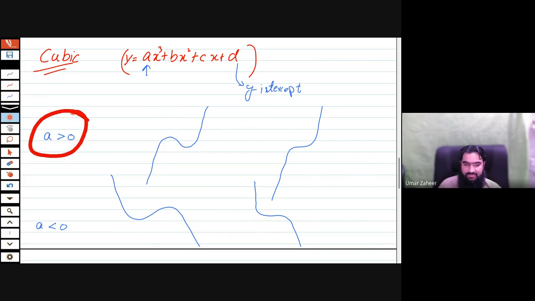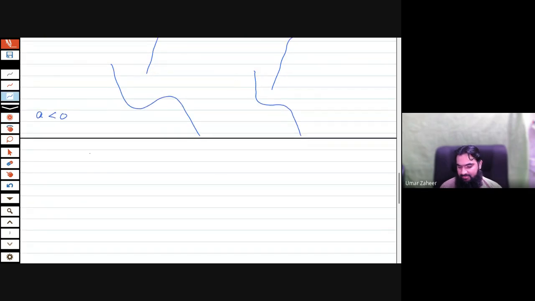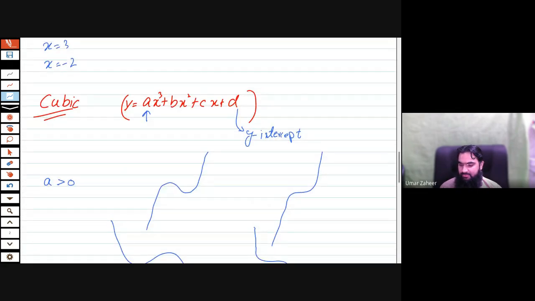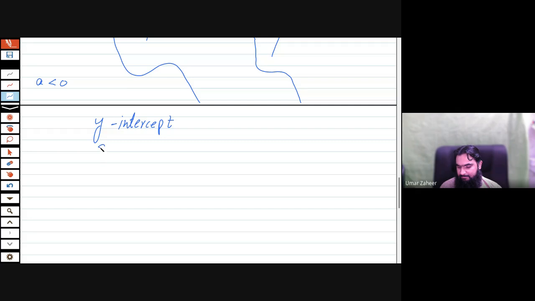If the coefficient of x cube is positive, the shape of the graph is going to look like this or this one, otherwise this and this one from right to left. So the general shape or a rough sketch of the graph totally depends upon the coefficient of x cube. The things that you have to know: for y-intercept, meaning where the graph cuts the y-axis, you will directly get from here. And the second thing,